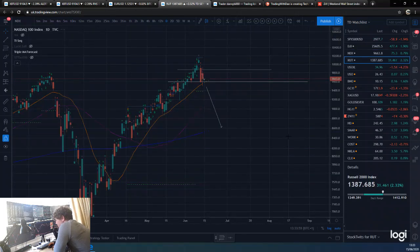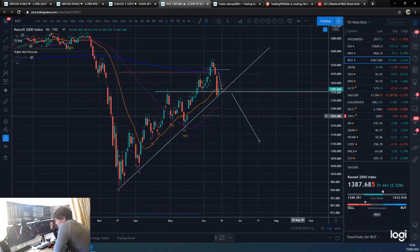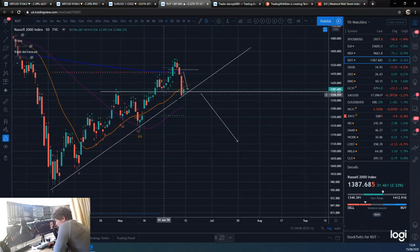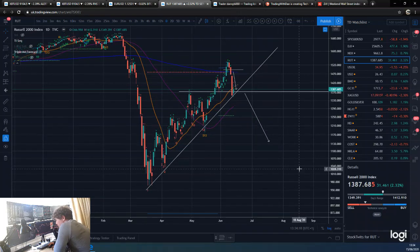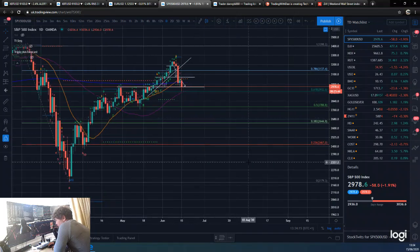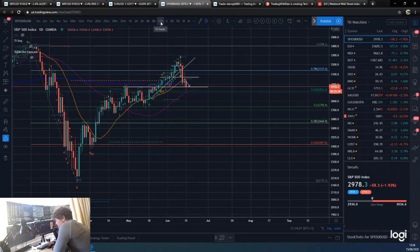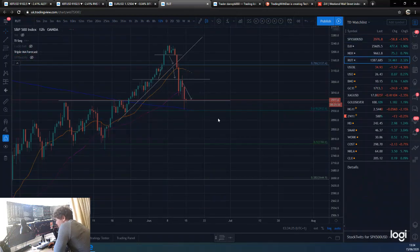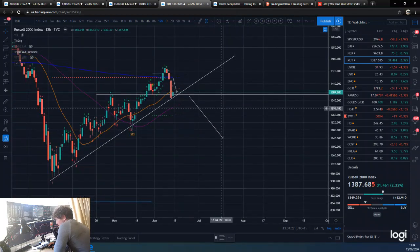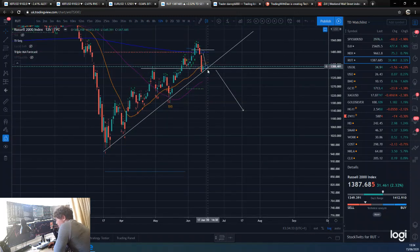So that's all I can say really. Right, let's have a look at the Russell. Russell also pretty similar. Again, the Russell, look, we've got this trend line. We've basically come down, we touched it, we bounced off it. We are back above this corresponding horizontal in the Russell. So I mean, obviously the S&P is a laggard, but it is still at the same corresponding horizontal for its level. So these are the levels now where if these stock markets don't rally from here, then there will be a much increased likelihood of new lows if we lose this formation, because